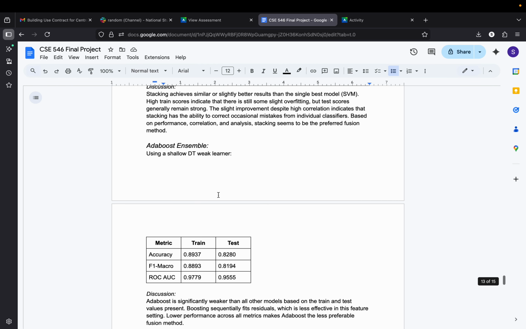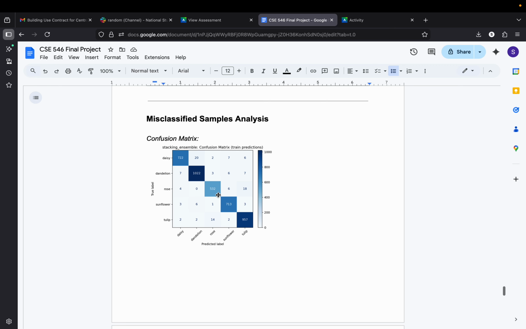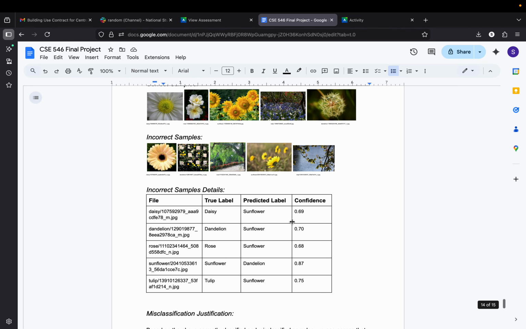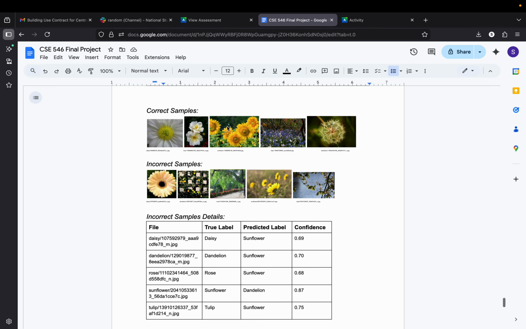And then moving on to the misclassified samples. To satisfy the requirements, I analyzed the error patterns. This is the confusion matrix. Most mass is on the diagonal, which is showing pretty high overall accuracy, but some confusions appear between visually similar flowers. Of course, moving on, we can see here that most of the correctly identified samples are flowers with,